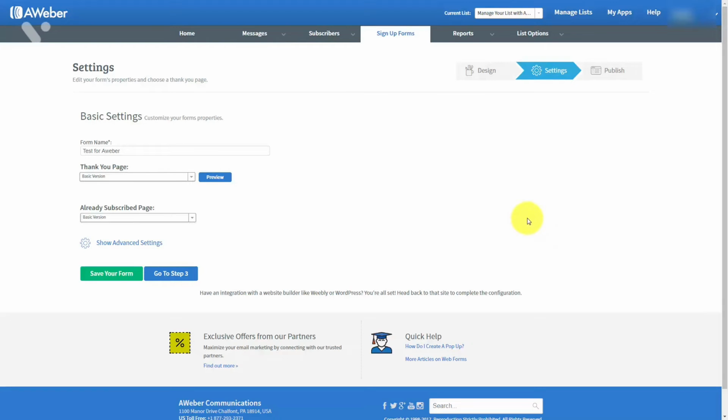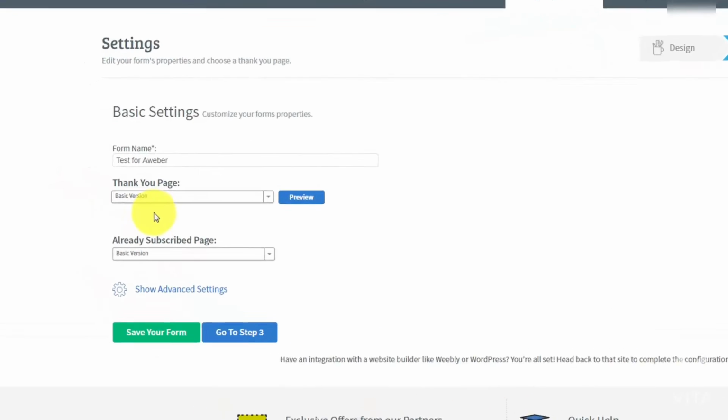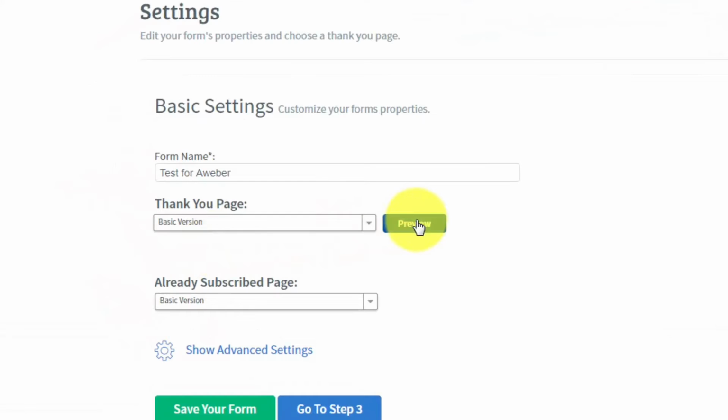Welcome back. We are now at step 2 of setting up our sign-up form. And what you're going to notice is that there is a thank you page that you get to customize. And this thank you page actually appears as soon as your client types in their name and email address. Now we can preview that page so that we can actually see what it looks like. And it is instructive to do because you'll want to determine which of these thank you pages that you actually want. Now you will see that there is a basic version, and you can click the preview button to actually